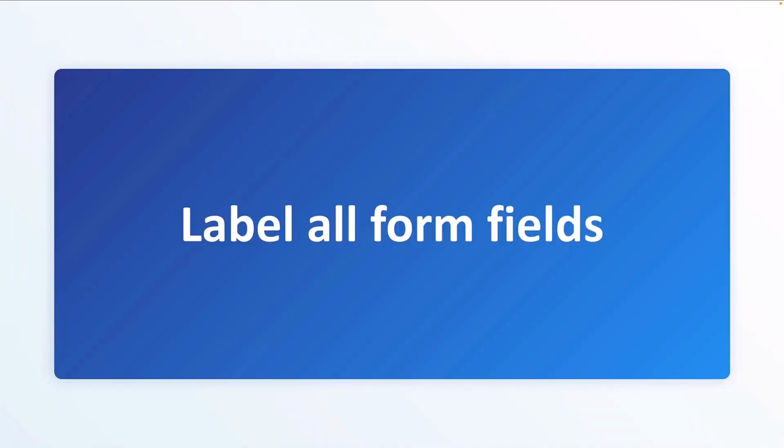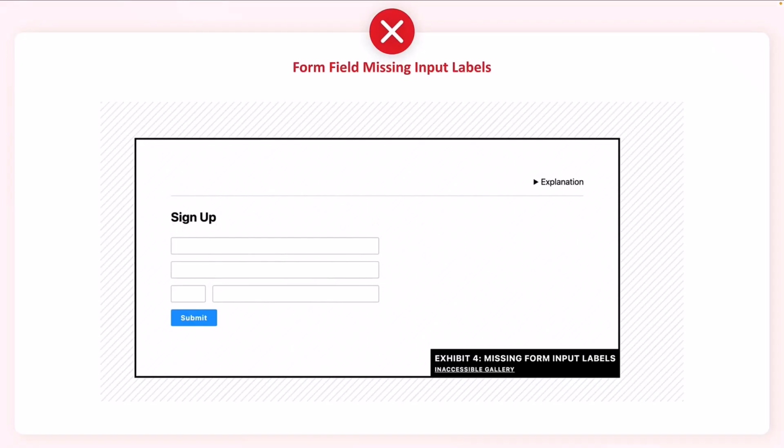Let's look at labeling form fields. Here's an example from the inaccessible gallery on the web. There's a sign-up form with 4 input boxes and a submit button. For someone that can see the page, because the labels are hidden, it's not possible to guess what belongs in each box. This simulation shows what it's like for a person using a screen reader a lot of the time